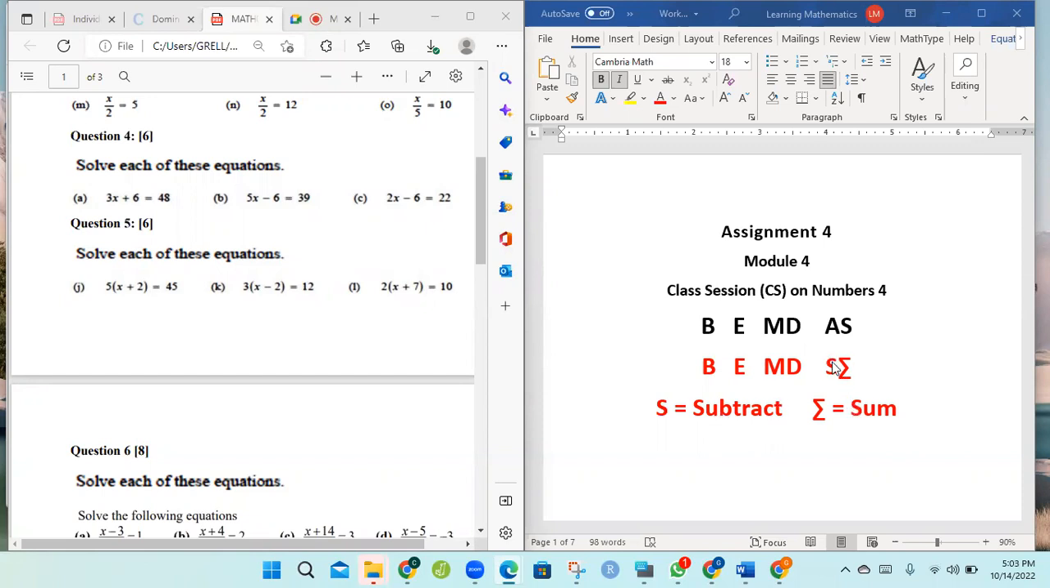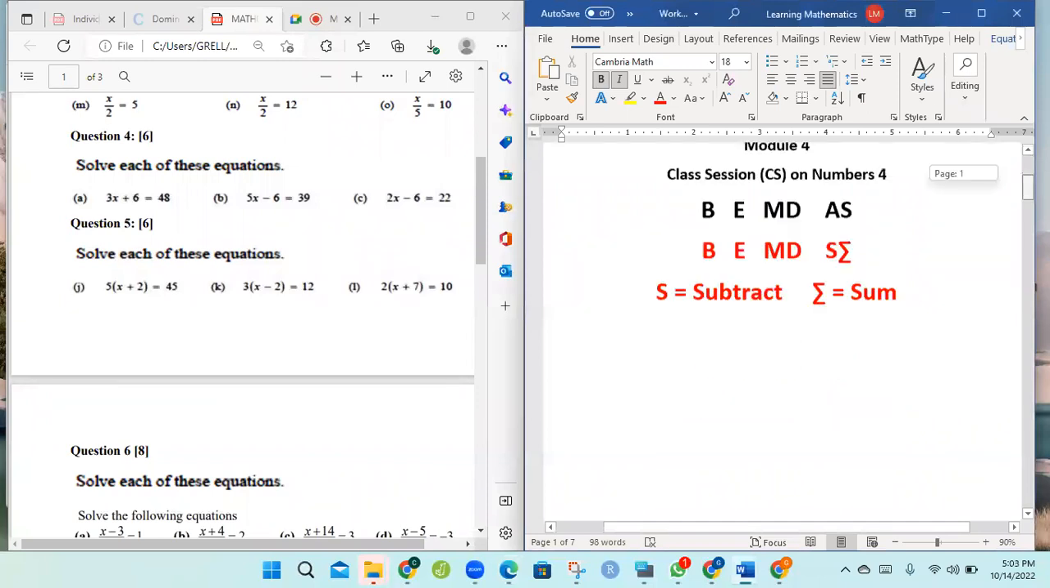Now, when you're solving for x, it's almost like the reverse of BEDMAS. Normally you add and subtract first. Like you go in the other direction, because you want to solve back for x. So when you're in a situation like this,